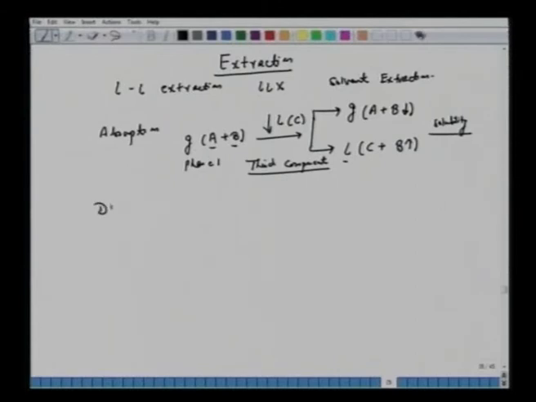Here, what happened in the case of distillation? We have, say, a liquid phase or vapor phase feed. We talked about the Q line, etc. And both of them, say, contain A plus B, either liquid or vapor. So that's our feed. And we want to separate B from A, or A from B. What do we do? We add energy. It's not a third component.